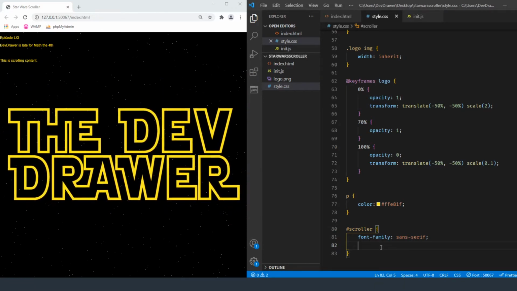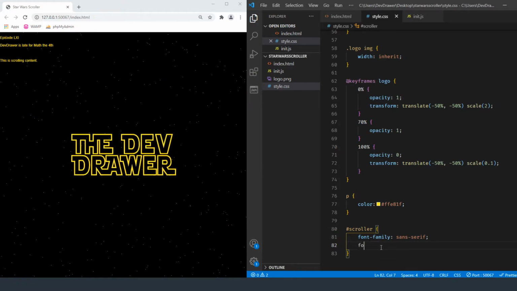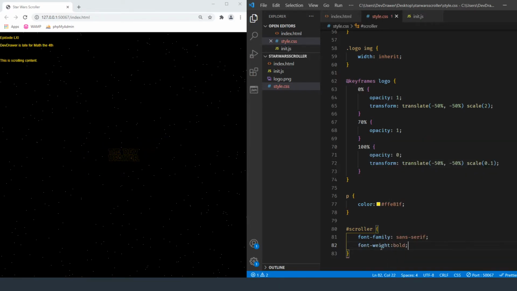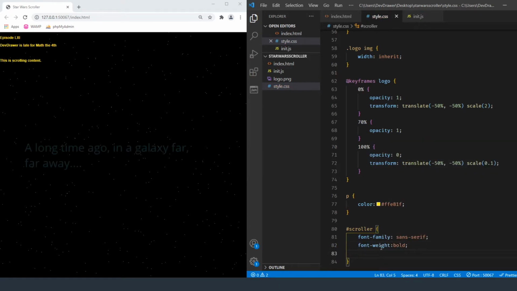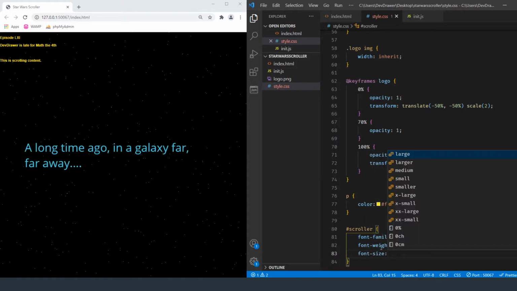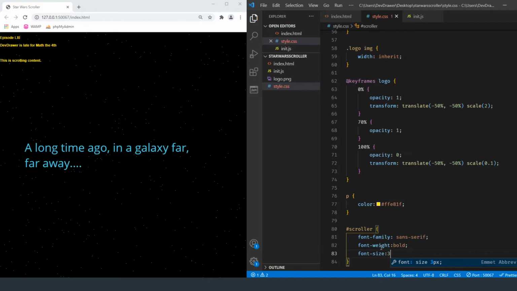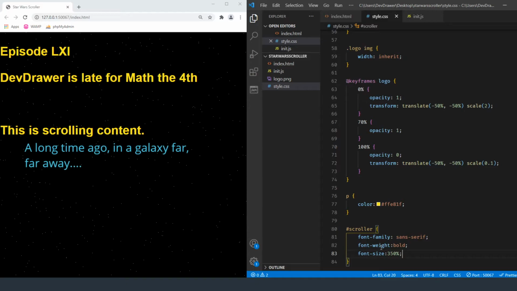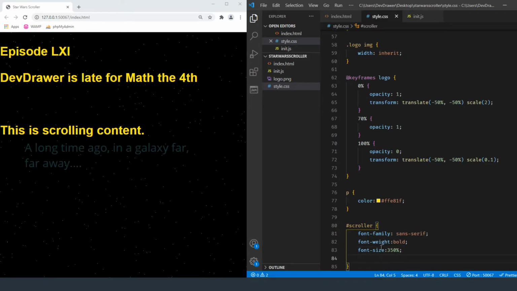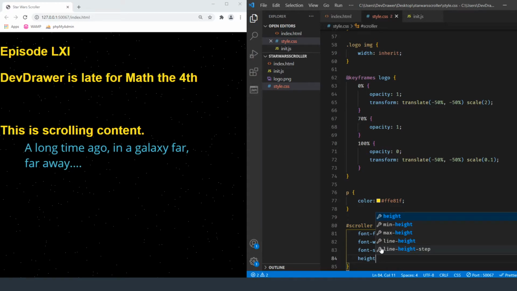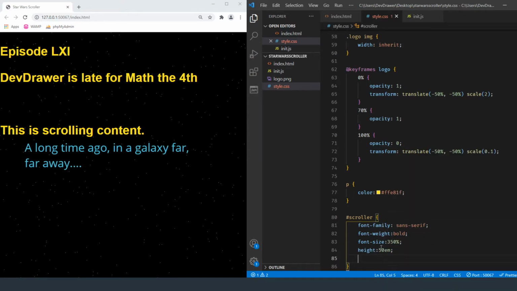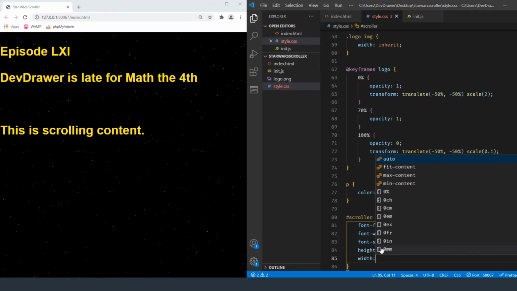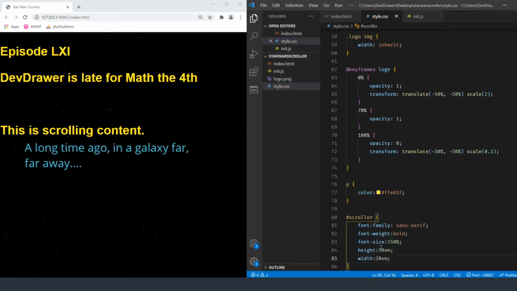Okay, so let's go ahead and do font weight and make it bold, and let's do a font size of 350%, which is a weird font size, but you'll see in a minute. I'm fixing to start switching over to like EMs, so 350%, and then we're going to set the height of this box to 50 EMs, and the width of it we are going to set to 20 EMs.